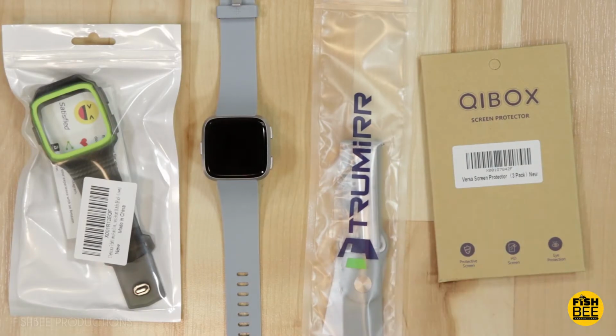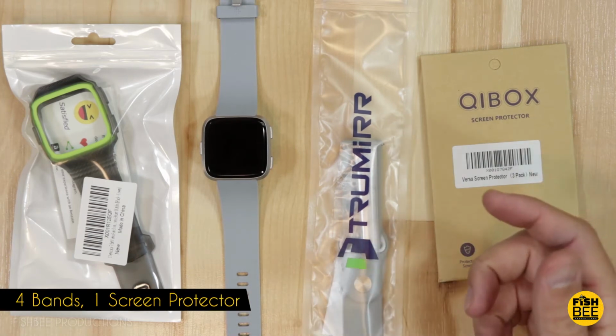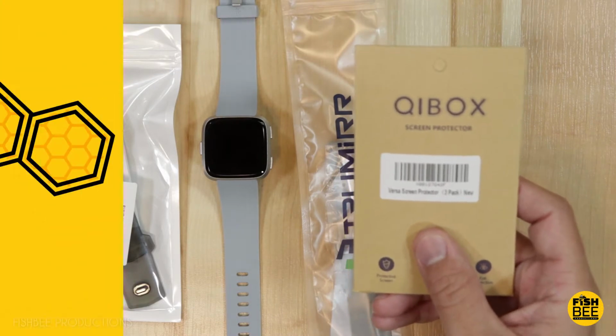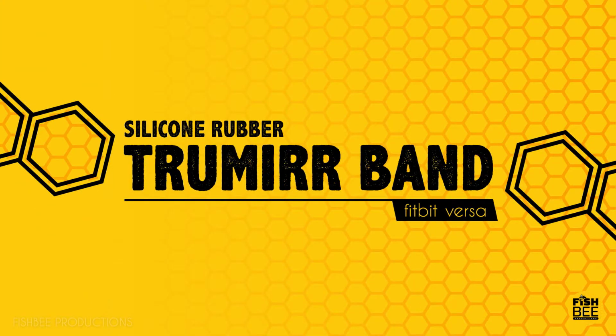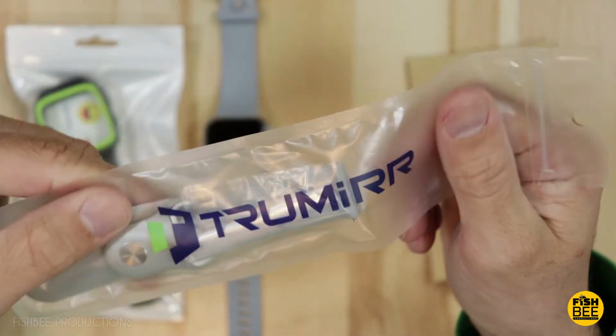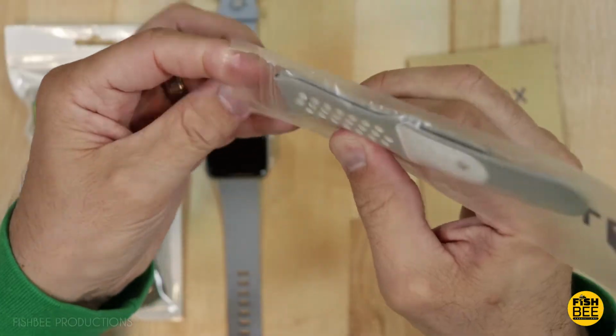Today I thought I would do a quick look at a couple bands that I found on Amazon, and I'm gonna go ahead and try out this screen protector. So the first band that I'm gonna take a look at is Tremere,